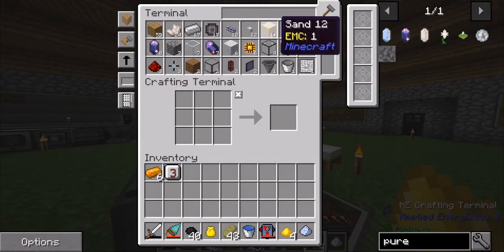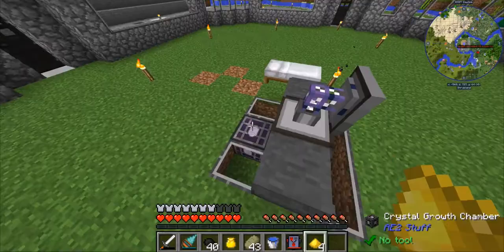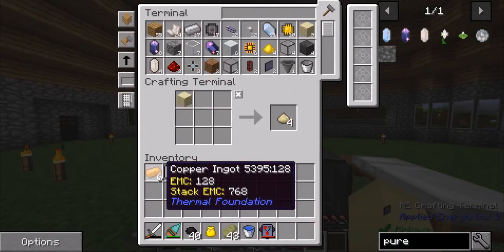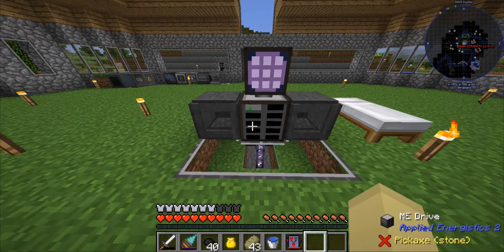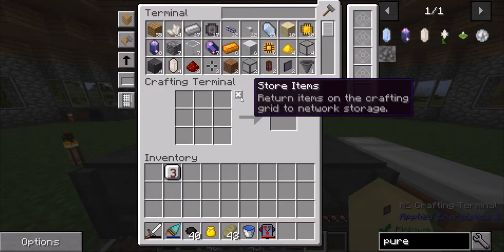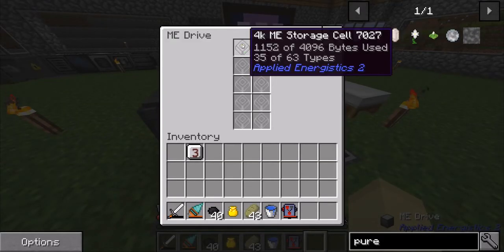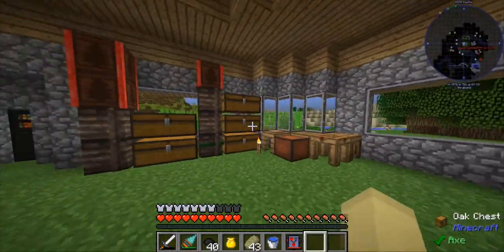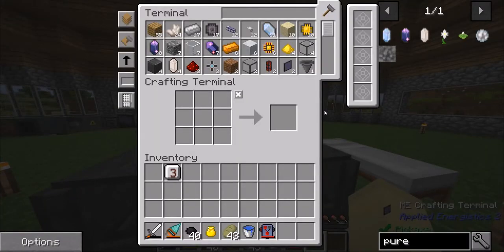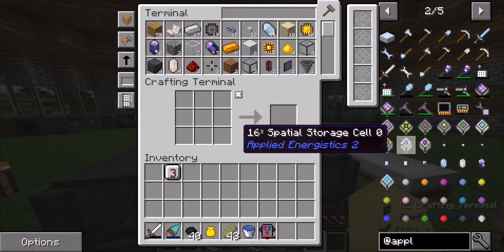So this with a piece of sand, two of them, and throw in here. Yeah. So I'm going to slowly be making more and more. It won't just be 4Ks. I will be making bigger storage ones, but 4Ks I think are always a good place to start because you can only ever have 63 different types of things in there, one way or another. So having a 4K one where you can store 4,000 at the start, I think is pretty decent for now, maybe. There's a lot of other things I can do with Applied Energistics, including using external storage, or